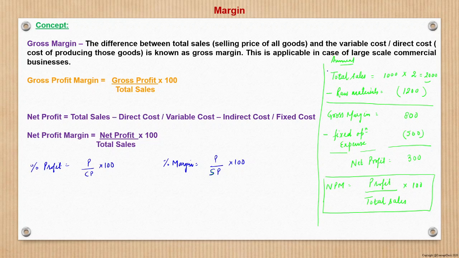So here, it was important that from total sales, we subtract some variable cost or direct cost which we cannot avoid, and that is proportional to the number of units we are manufacturing, right? So the net result is gross margin. Then if we subtract the fixed operational expense including taxes, what we get is net profit. So net profit upon the total sales is known as net profit margin or the percentage margin.